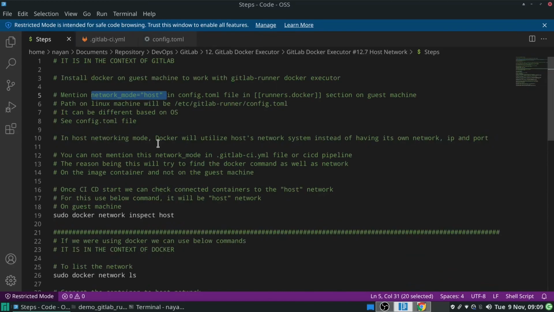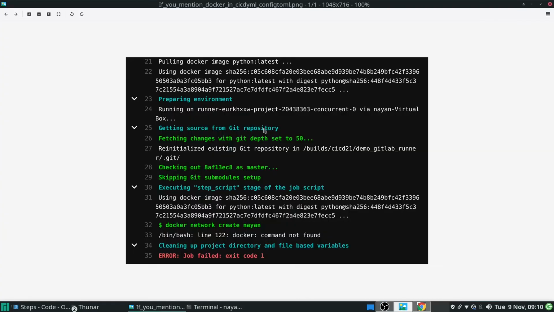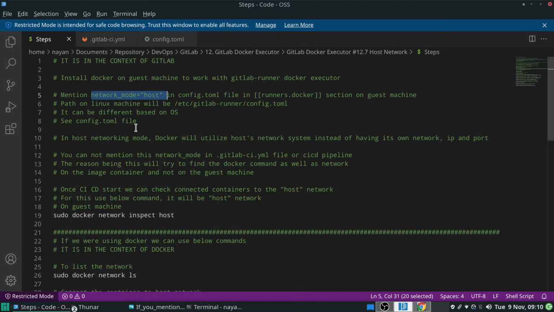And as the Docker command will not be found on the primary image container, it will give you an error that looks like this: Docker command not found. You will face such an error in case you have mentioned this network mode, as well as any docker create or docker pull command, in your CI/CD pipeline file.